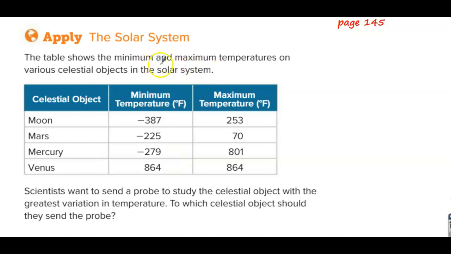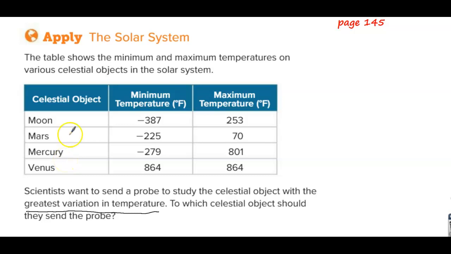The table shows the minimum and maximum temperatures on various celestial objects in the solar system. Scientists want to send a probe to study the celestial object with the greatest variation in temperature. To which celestial object should they send the probe? Okay, so they want to send this probe to whichever one of these has the biggest difference in temperature